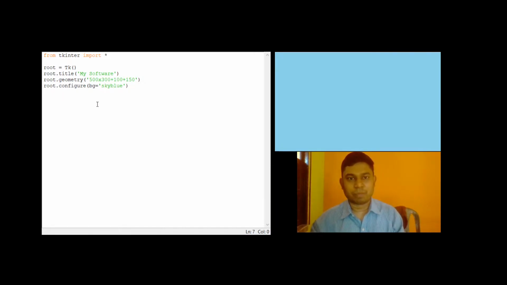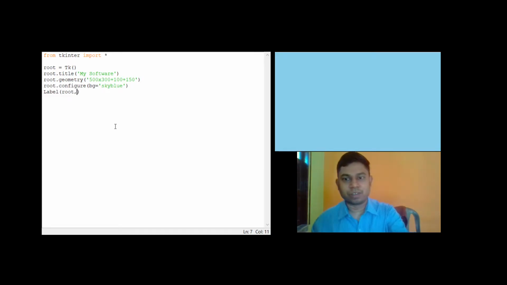Widgets are the placeholders in the GUI. So the first type of widget I would like you to learn is labels. This is done using a very simple command called label. Inside label I want to specify in which window I want to use this label. My window name is root. So this brings my label.